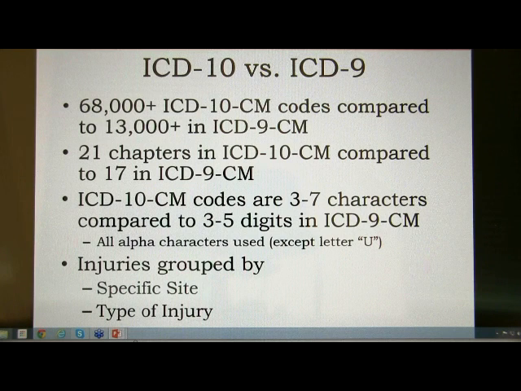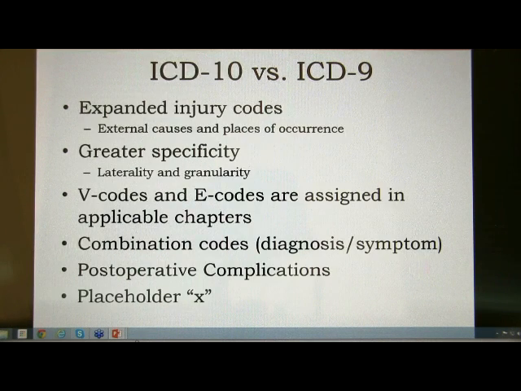For injury specifically, these are going to be grouped by the specific site and the type of injury. This is exactly how we group things now in ICD-9. So in ICD-10, we have expanded injury codes, including those external causes and places of occurrence. We have greater specificity with laterality and granularity. For multiple bones, we have multiple sites in different areas or ends of the bone further defined that we